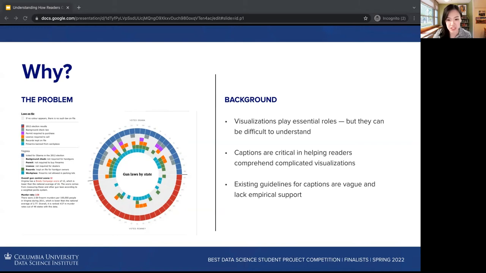The main question is how to write effective captions, especially given that many existing guidelines for captions are vague and lack empirical support. Our project aims to investigate the semantics of captions and their effectiveness. Specifically, we are interested in how readers get the takeaway of the visualizations when captions are expressed in different semantic